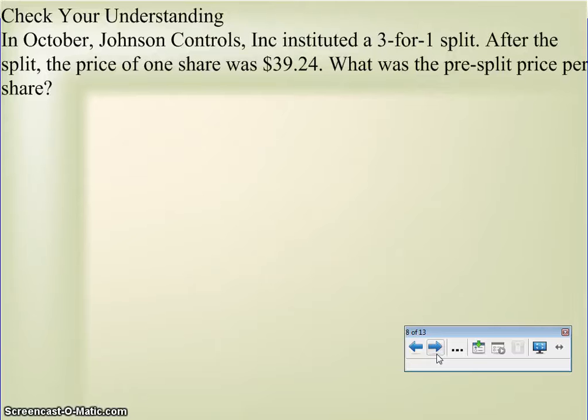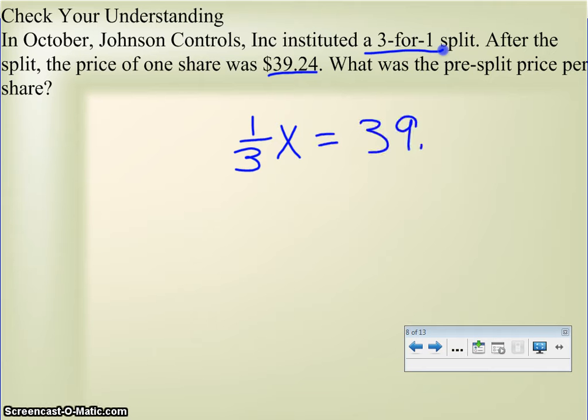Okay, in October, Johnson Controls instituted a 3-for-1 split. After the split, the share price was $39.24. What was the pre-split price? So here we've got, it'll be worth 1/3 of what it was. We don't know what we're multiplying it by. We don't know what it was worth, but we do know that after the split, it was worth